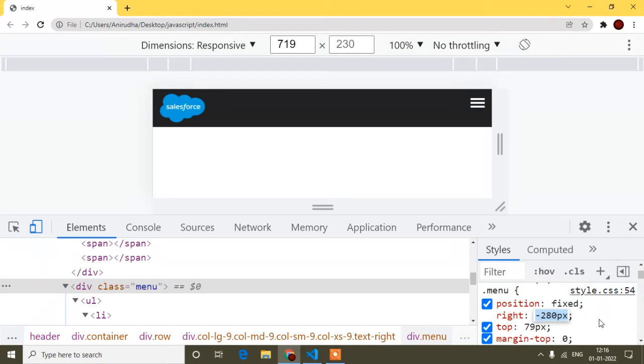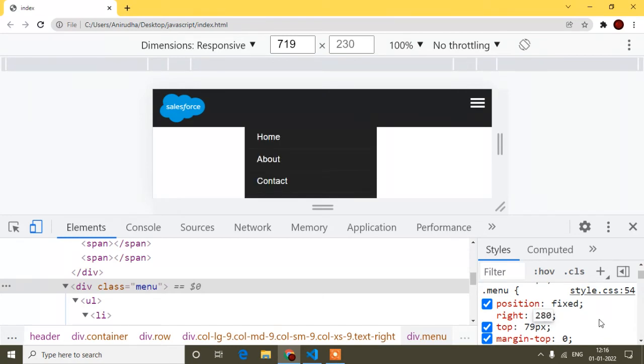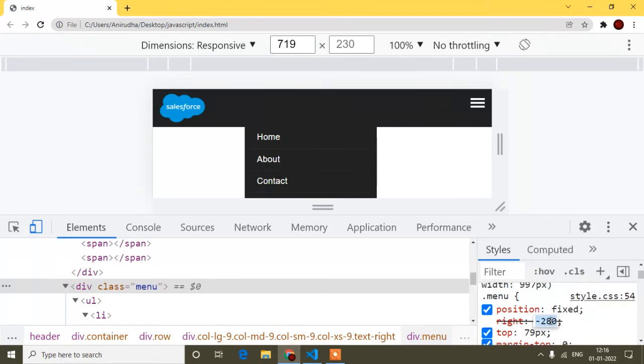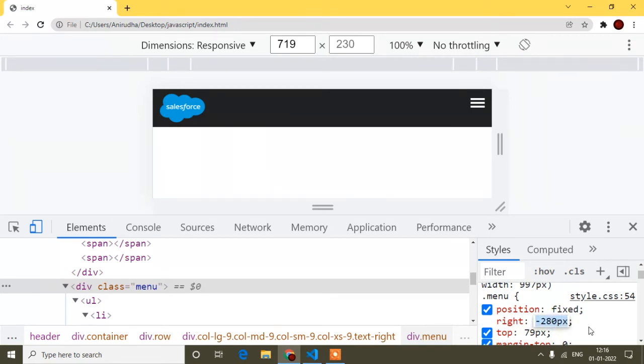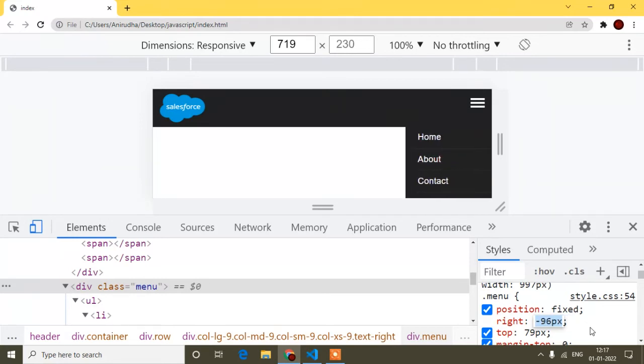Minus 280 pixels it was by default. Now if I just increase the width, you can see it's coming like this.